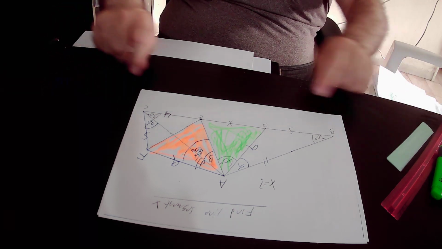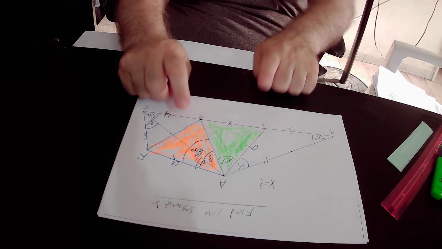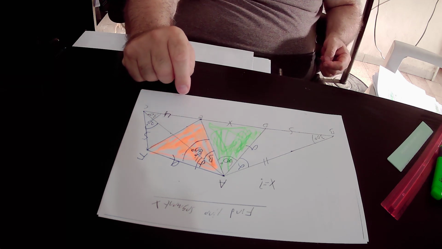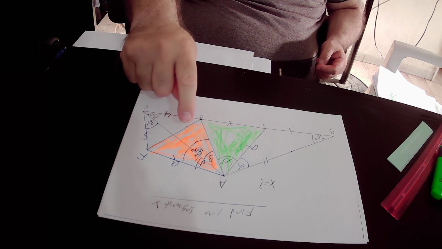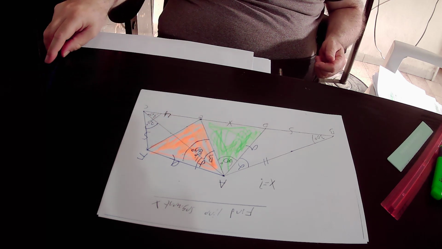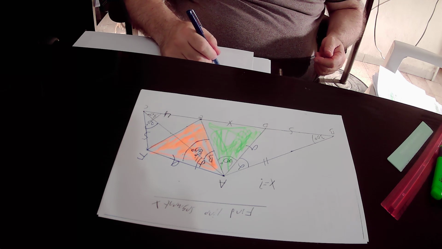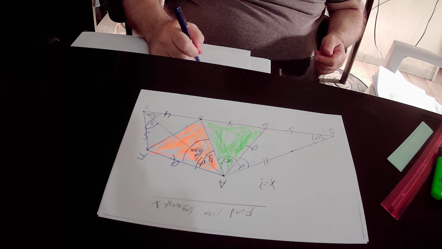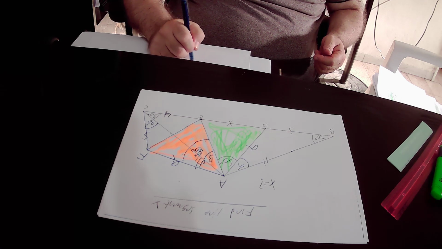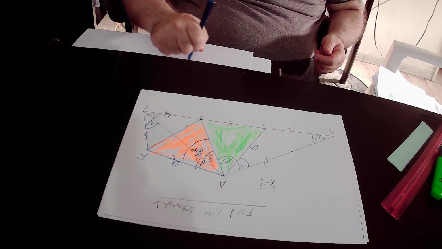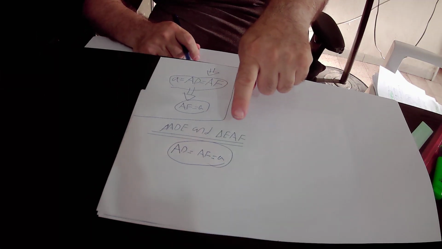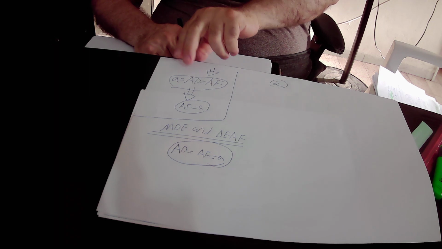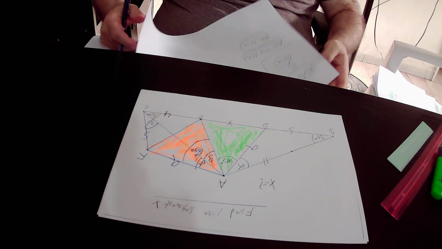So, why are those two triangles congruent to each other? First of all, we just now proved that side AD equals side AF, and both sides are equal to A, therefore they are equal to each other. So here, side AD equals side AF, and they are both equal to A, therefore they are equal to each other. In addition,